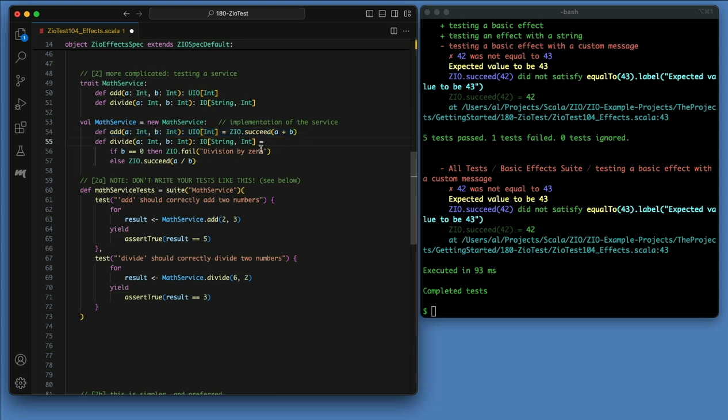And then divide is, of course, a little bit more complicated. So we have if B equals 0, then I want a ZIO fail right there. Otherwise, we'll do a ZIO.succeed and do that division right there. Then I have this note here that this is not the preferred way to write these tests, but I do want to show this anyway. So now I'm creating a new test suite right here, and I have the two tests that are shown here